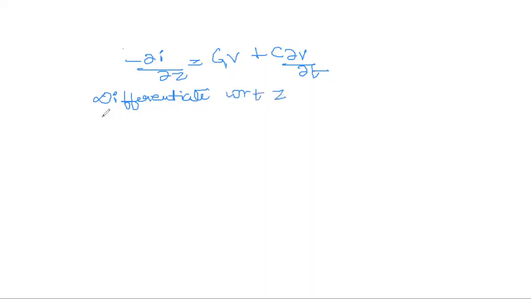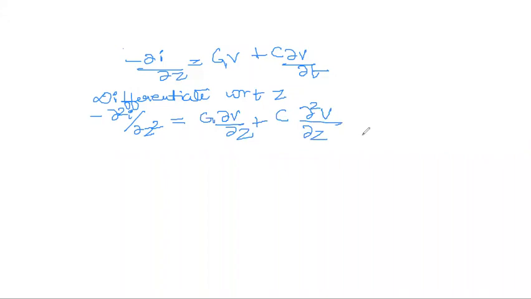So the equation you have here is minus ∂²I/∂z² is equal to G ∂v/∂z plus C ∂²v/∂z∂t. Again, substitute here; the previous equation, the final equation of the transmission line, you gave as equation number 4. This equation you give as equation 5, which is equal to,